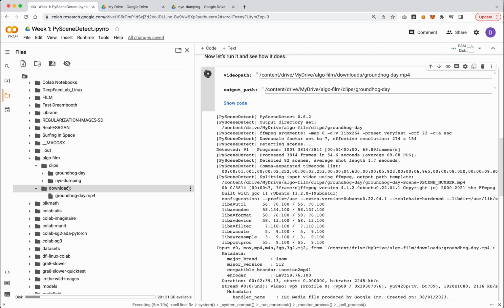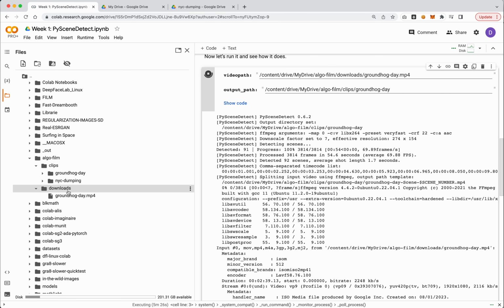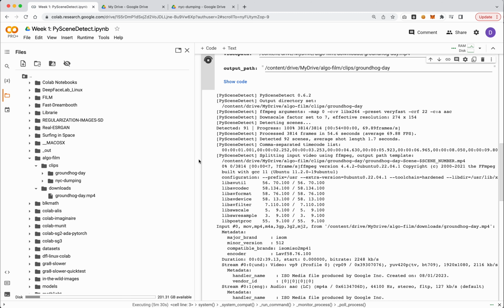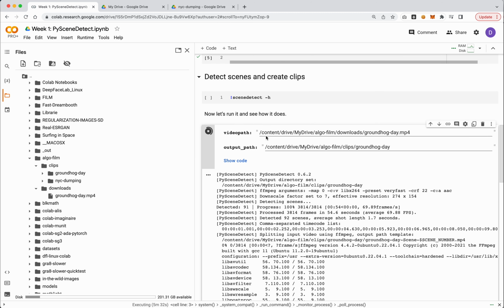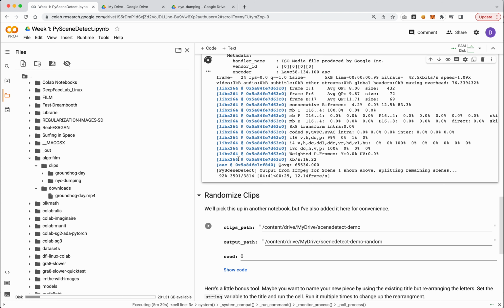And actually, I uploaded that to the wrong place. Well, okay, we'll fix that in a second. Because that should have been uploaded to downloads, not clips. Well, I kind of don't have the right nomenclature here. But anyway, once this is uploaded, we can just drag that folder out into our downloads folder. And then we'll just run the exact same script, just with a different pathing here. Let's see how we're doing here with this. Almost done. So 10 seconds left.